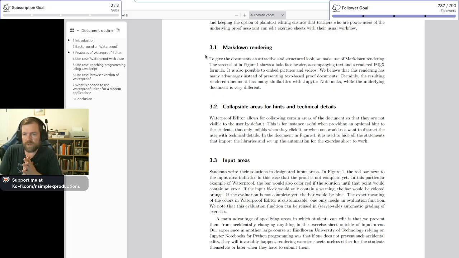Waterproof Editor allows for collapsing certain areas of the documents so that they are not visible to the user by default. This is, for instance, useful in providing an optional hint to students that only unfolds when they actively click it, or when one would not want to distract the user with various technical details, again, unless they need it or want to look at it. In the document in figure 1, it is used to hide all the statements that import the libraries and set up automation for the exercise sheet to work. Setting up the automation for the exercise sheet to work is something the students definitely don't need to pay attention